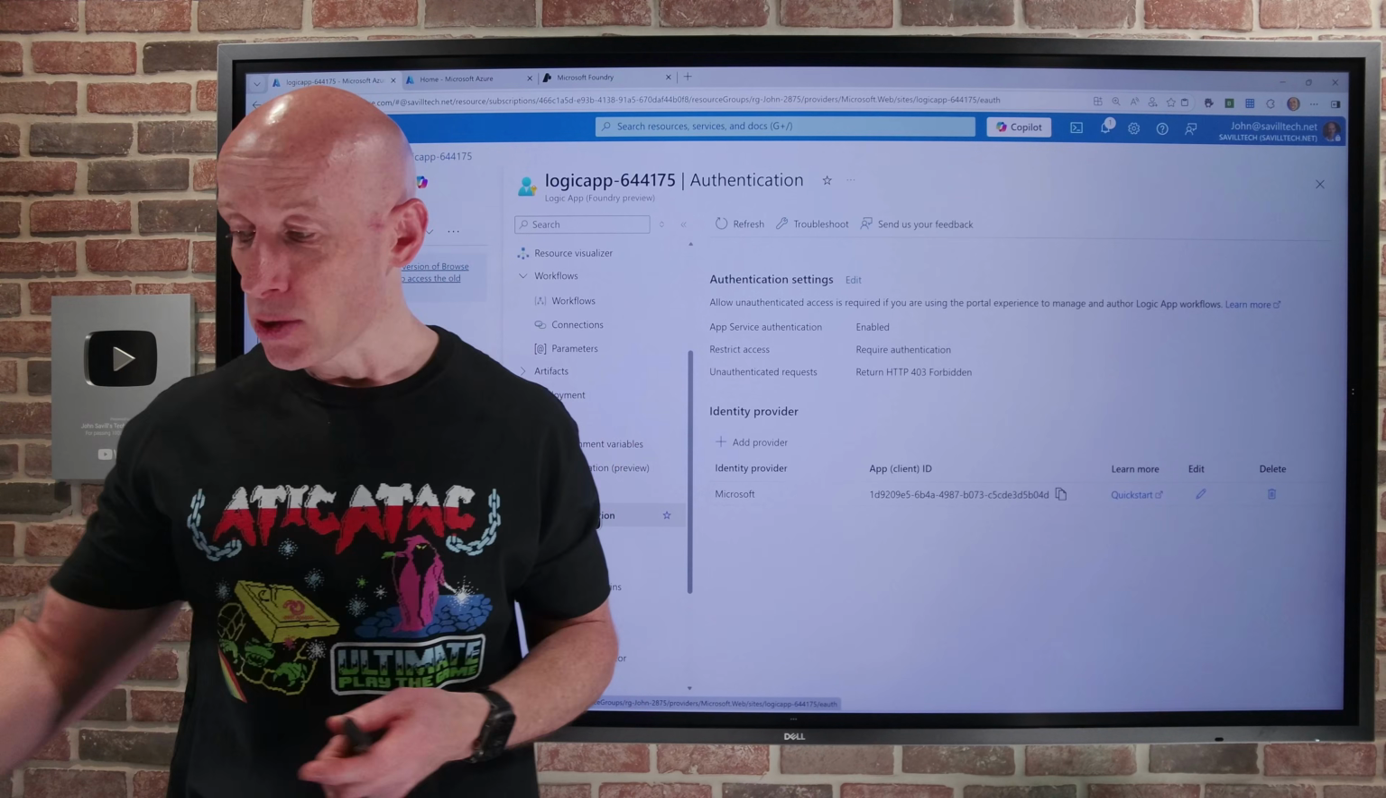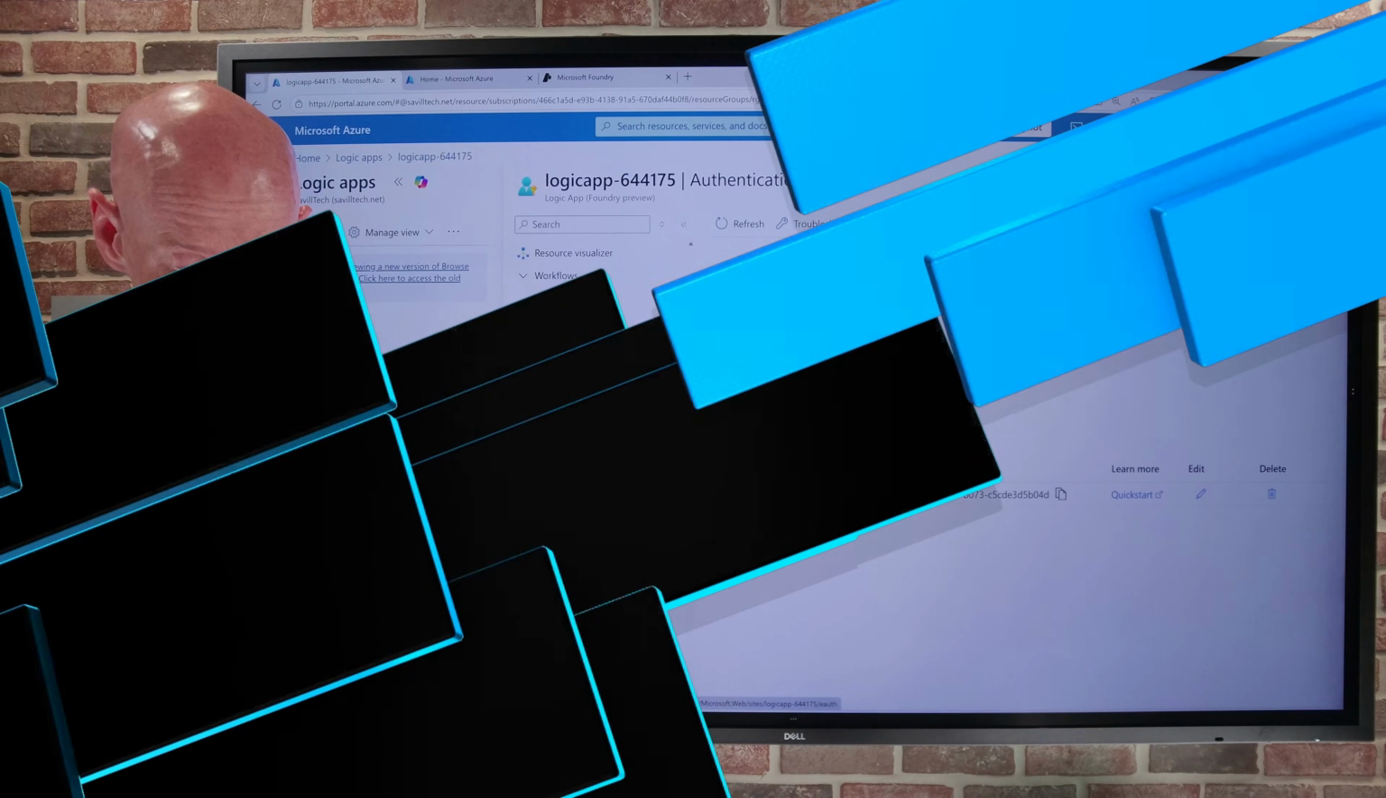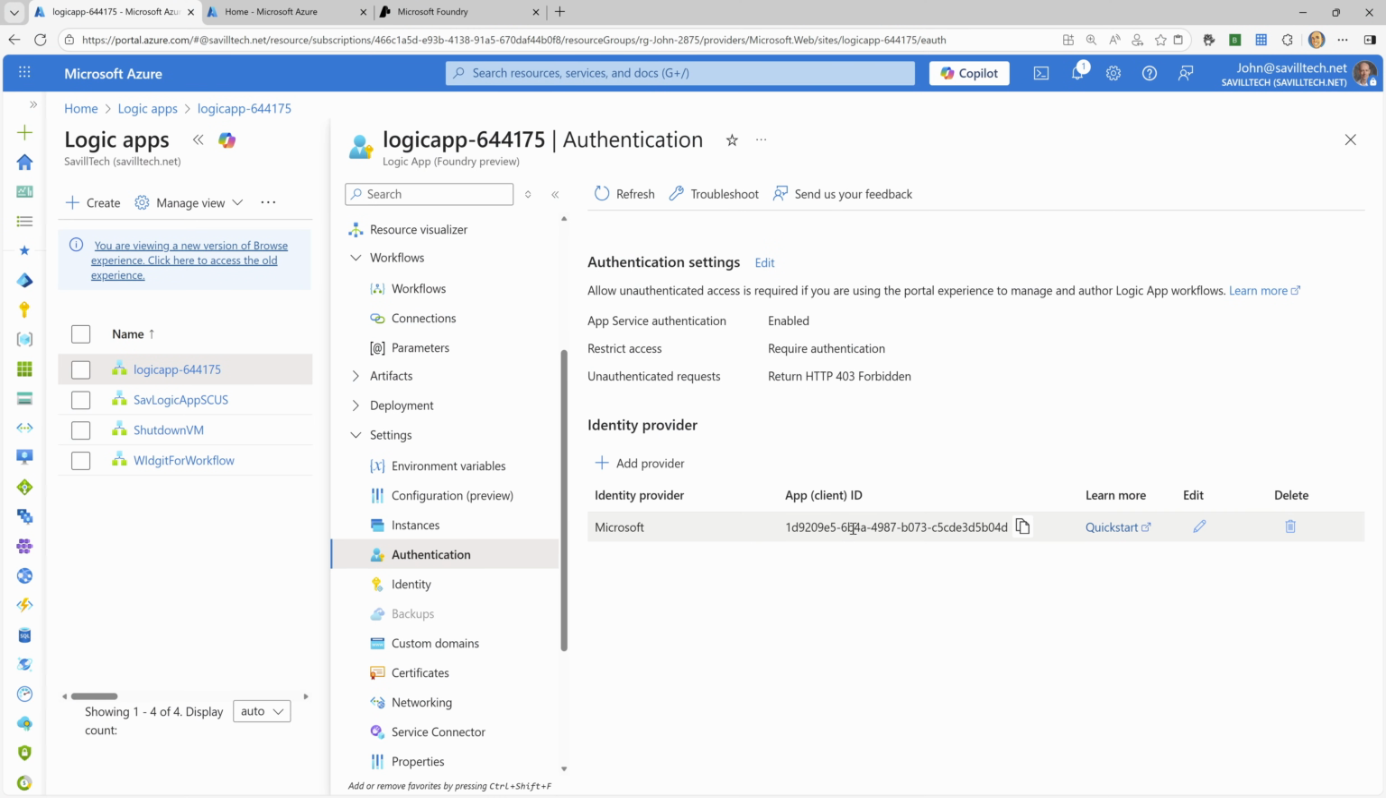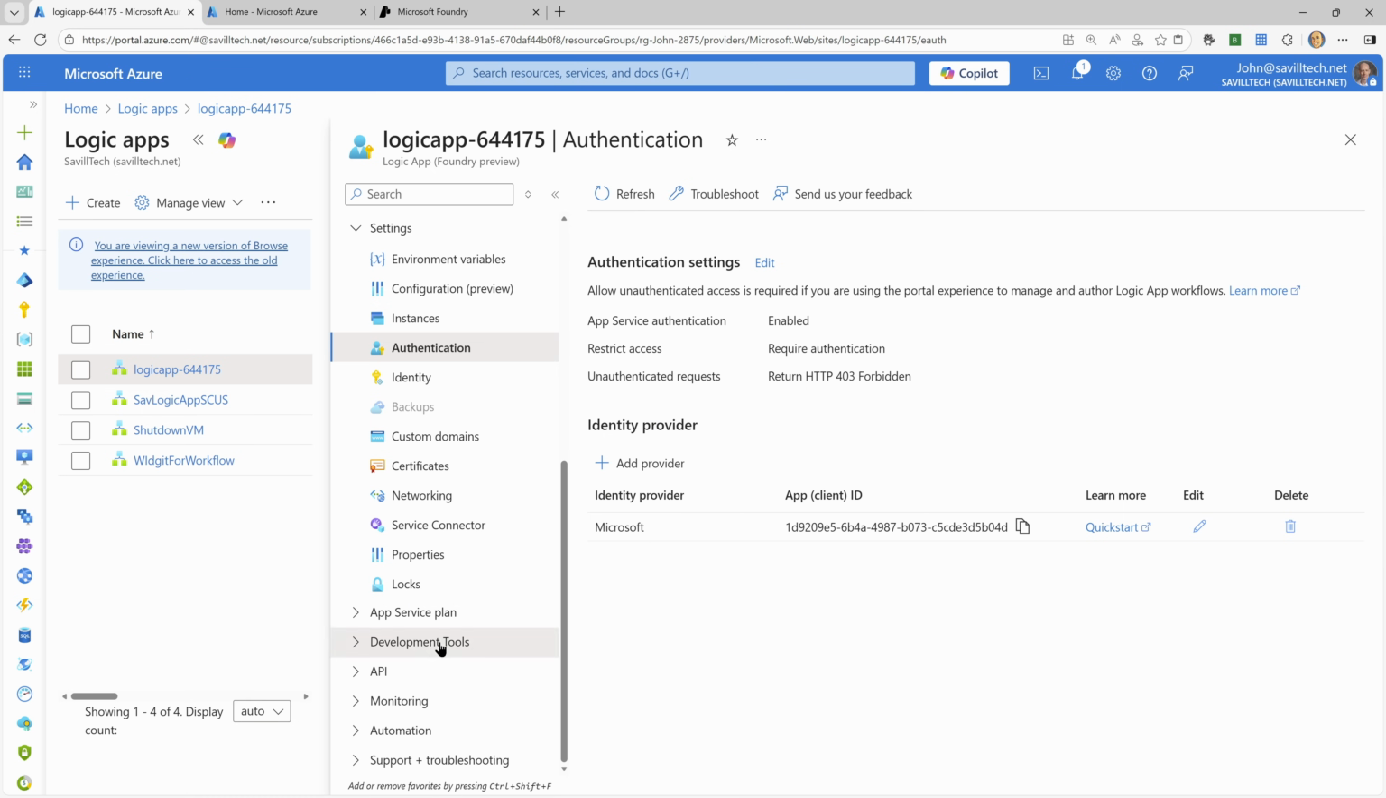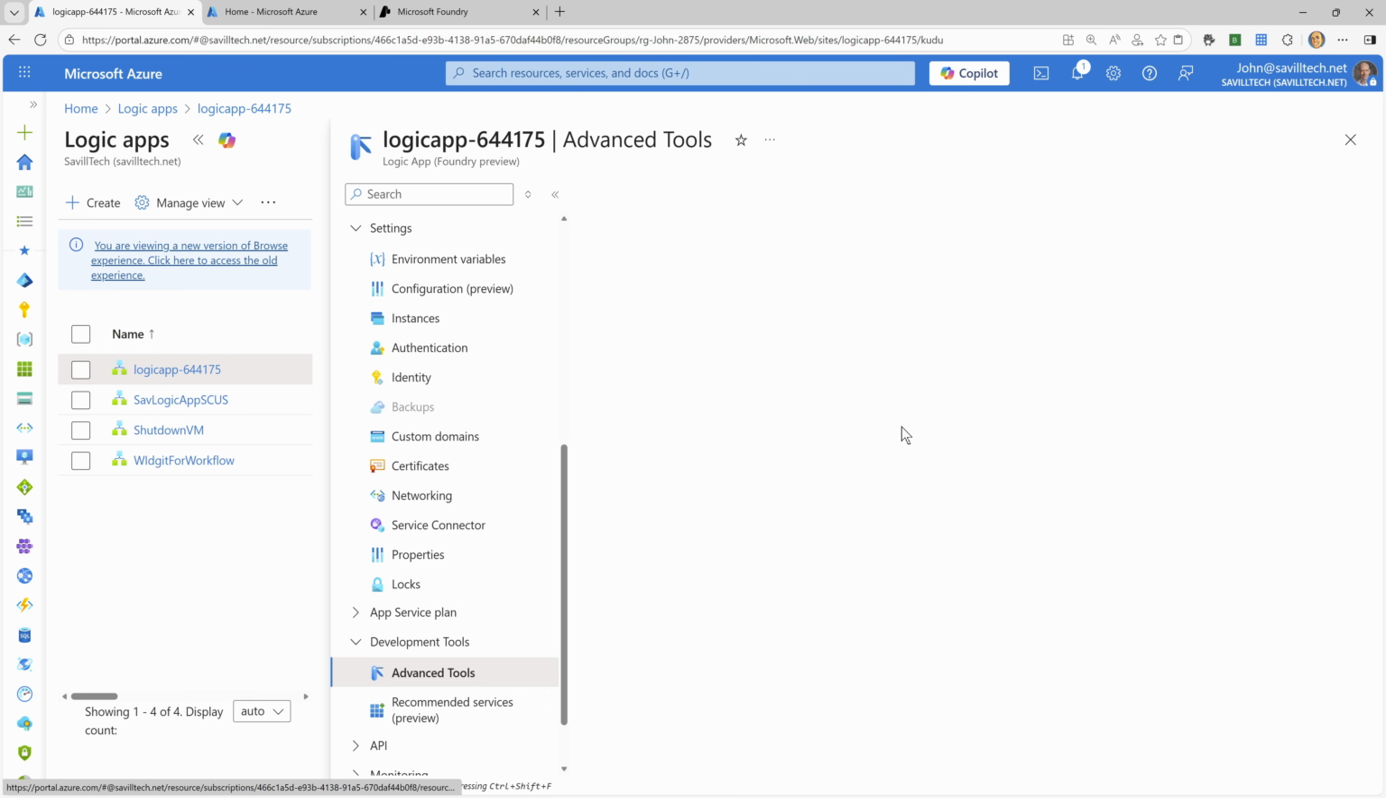But in this case, because I created it from Foundry, this app client ID that it has right here, this is the system assigned managed identity of my Foundry instance. So what this means is the agents that I host in Foundry will actually just be able to use this without anything else. Now, if we want to be nosy for a second, if I go to the advanced tools